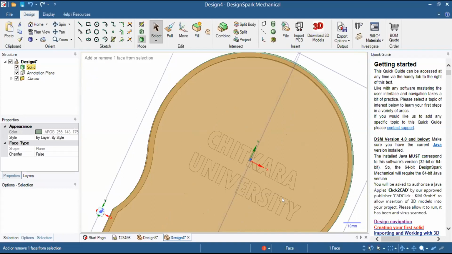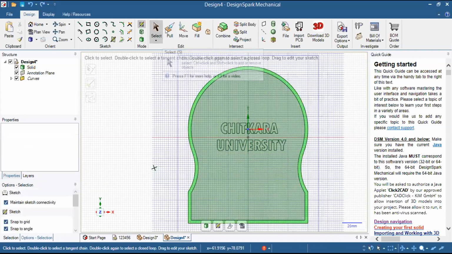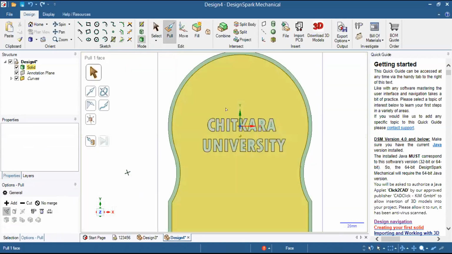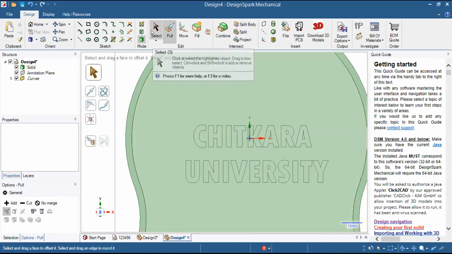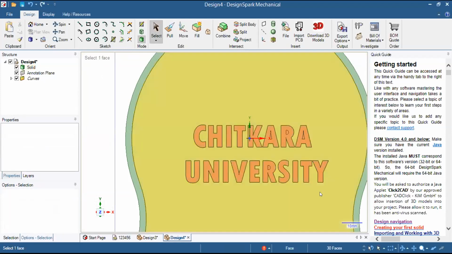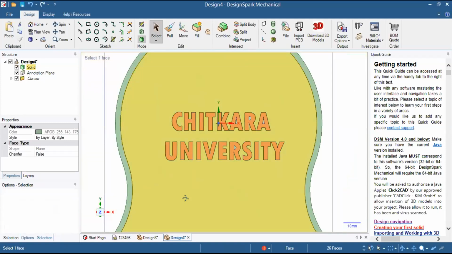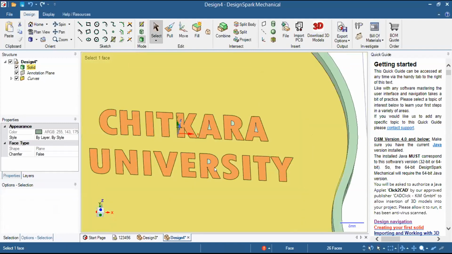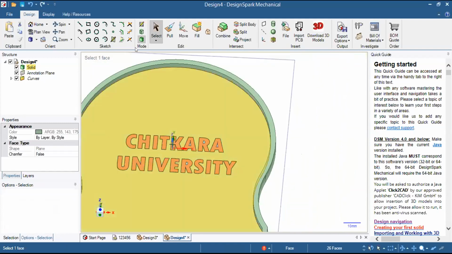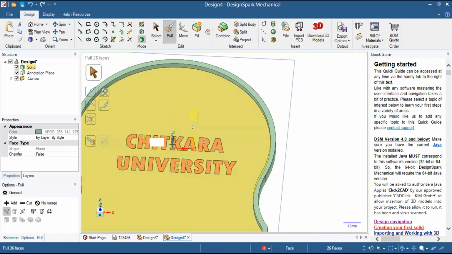Now you can see again. So for doing this, you need to be very careful that you are selecting the proper part and the proper line so that there is no problem. So this will be a little tricky part and you need to do it carefully. So you can see I am pressing Control again and I am removing these parts. Now what we will do, you can see these center parts have been deselected. Now the only parts which we need to extrude are selected. So we will use pull command and we will pull it to 3 mm.